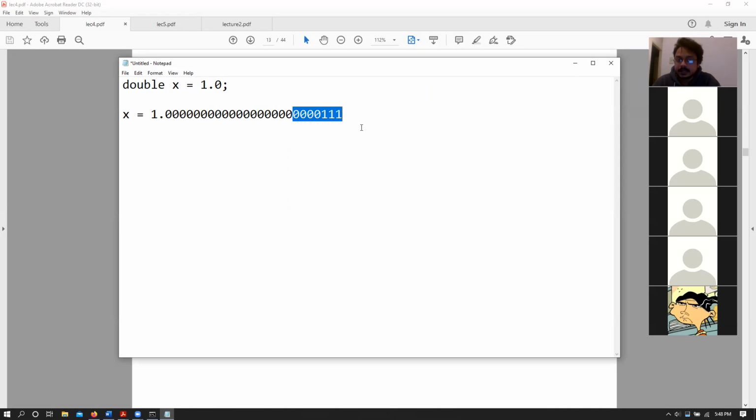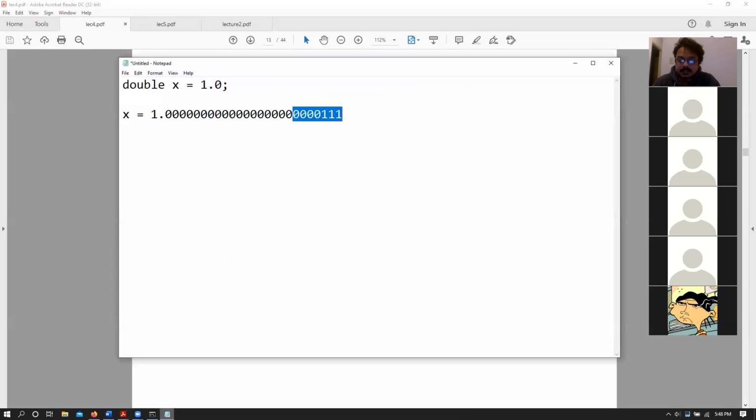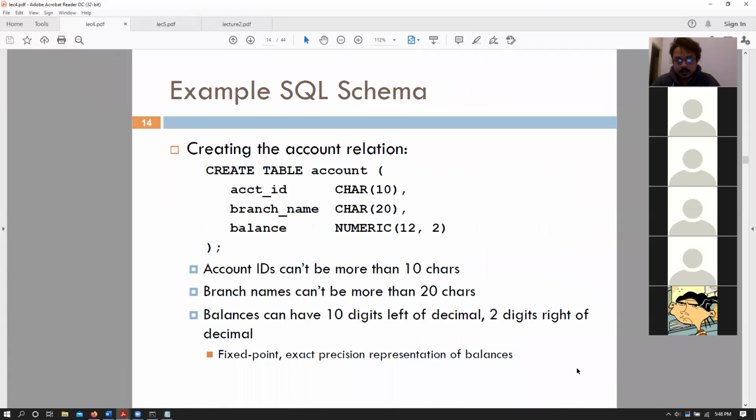The same thing applies for databases as well. When we store double values and floating point values, and we use those for monetary values, that means if I have multiple double values for multiple account values and we are adding all of those together, there are some overflow issues that come into play, because now we are adding money that's not there just because there is a precision error. So it is always better to use the numeric data type for monetary values.